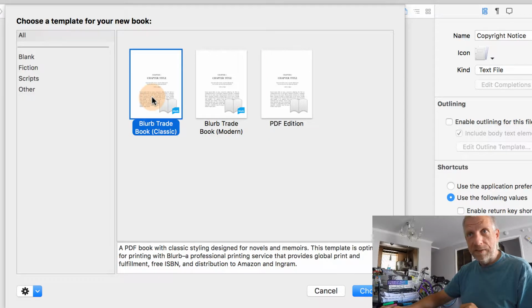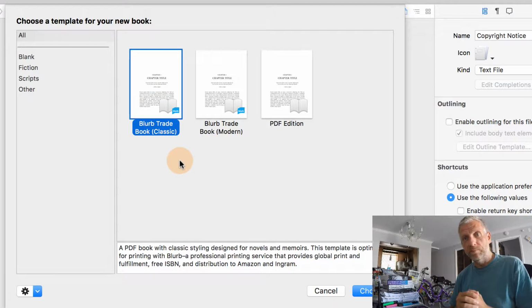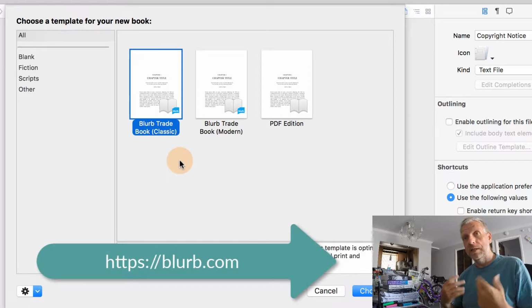Blurb is a company, I don't know if you've heard of it, you can check them out at blurb.com. They are a print-on-demand / offset print / distribution provider. So it's well worth having a look at that, and Storyist supports them. The way they work is that they can make a single copy of your paperback by print on demand, much like Amazon's CreateSpace or KDP service do, but Blurb can also in an instant switch to an offset print